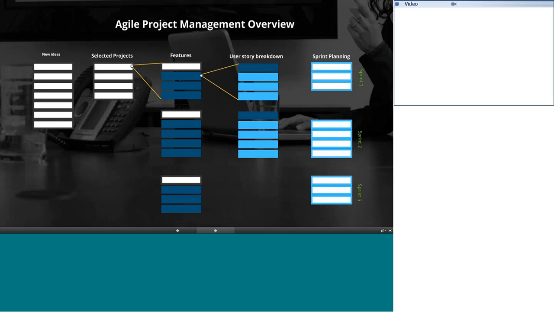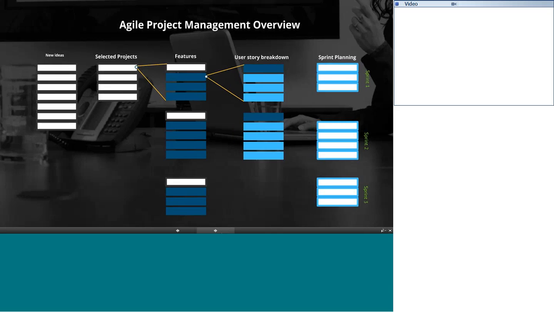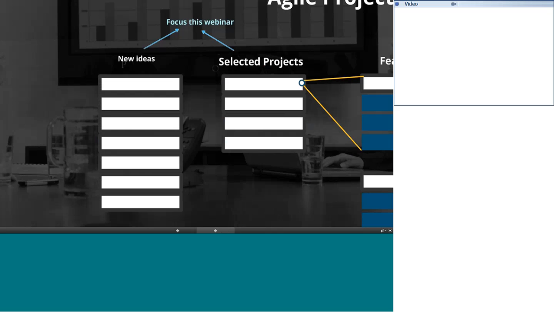Now, we're not going to cover all of the phases in this webinar. This webinar is actually part of a series. In the first part of the series, we're going to focus on these 2 phases, which is how do we go from the ideation phase to approving and loading a project for construction. The other phases which would come after this would be requirements gathering, then versioning and release planning, and then maybe test case management, and things of that nature. We're going to address those in later webinars, so you want to stay tuned for that.